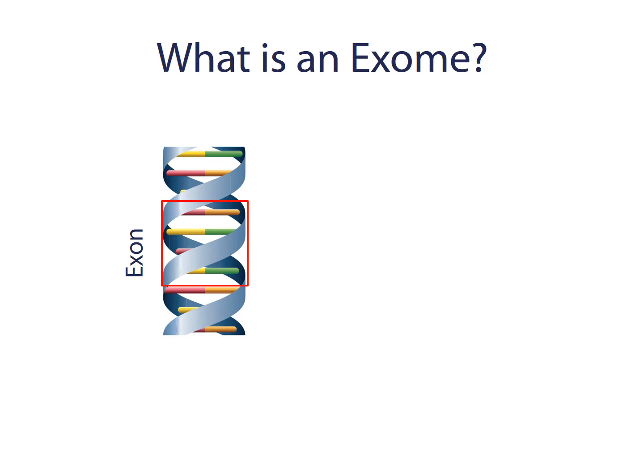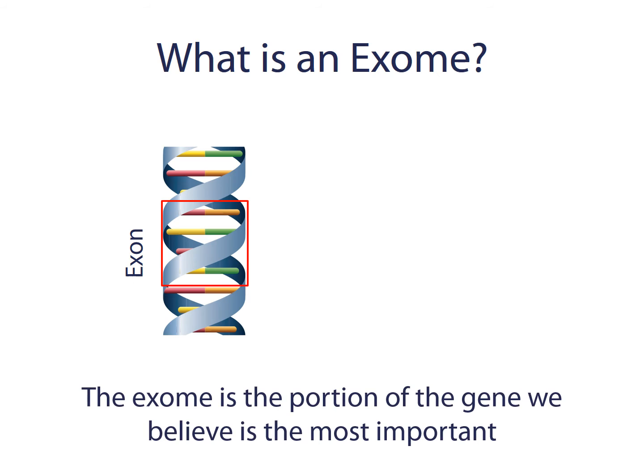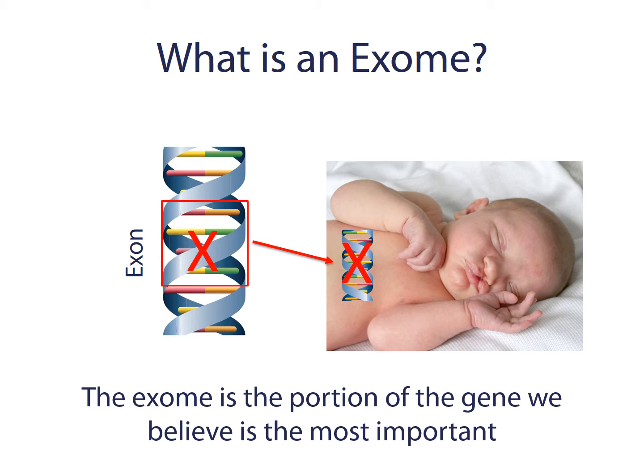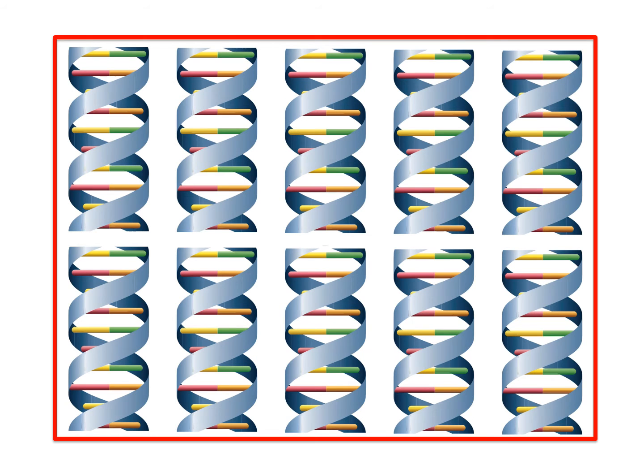An exon is the specific portion of a gene that we believe is most important for telling our body how to function and how to build working parts. This is where most genetic mutations occur. The exome is all the exons of all 20,000 of our genes. So instead of looking at the entire gene, we can look only at the regions where we think most genetic